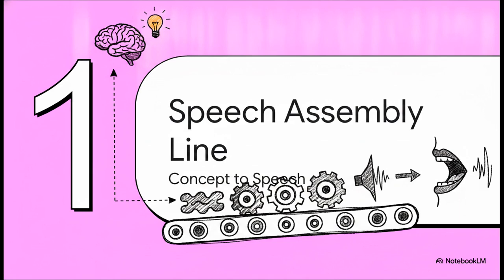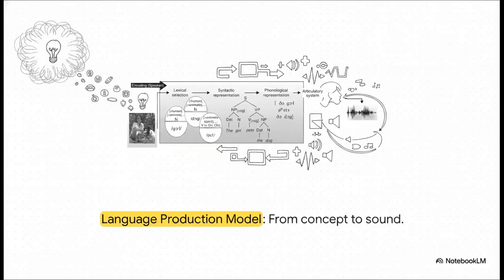Section 1. The speech assembly line. Okay, let's dive into this overall blueprint of how the brain moves from a mere spark of inspiration to actual articulation. It all starts with a concept, a nonverbal idea. From there, your brain moves through lexical selection to pick the right words, then syntactic representation to build the grammar,